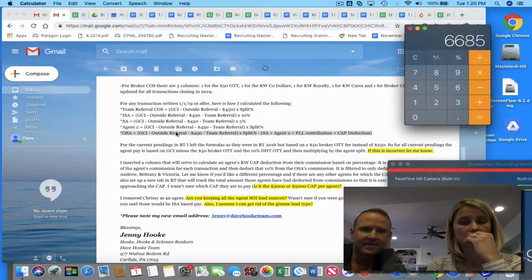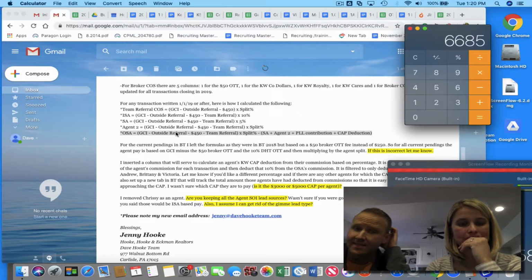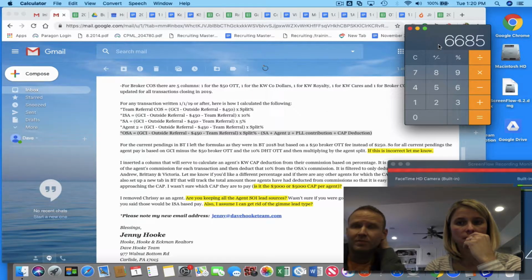If there is an outside referral, an example of that would be if a Remax agent gave us the business and we owed them 25%. That 25% would be of $6,000, not the 6685, because we wouldn't pay them 25% of our transaction fee. So 25% of $6,000 is $1,500. So in this circumstance, we'd take GCI less the $1,500,